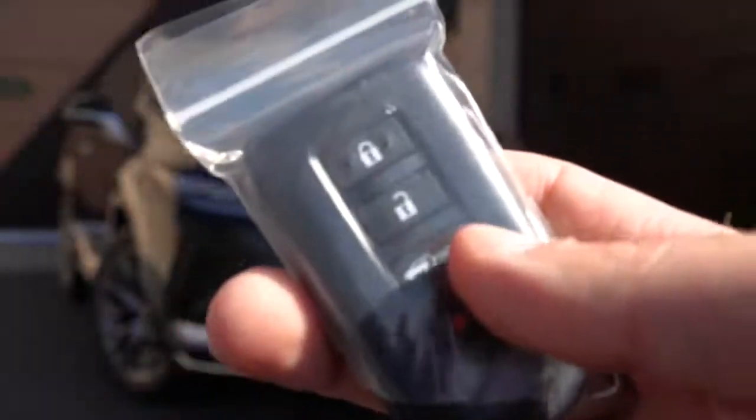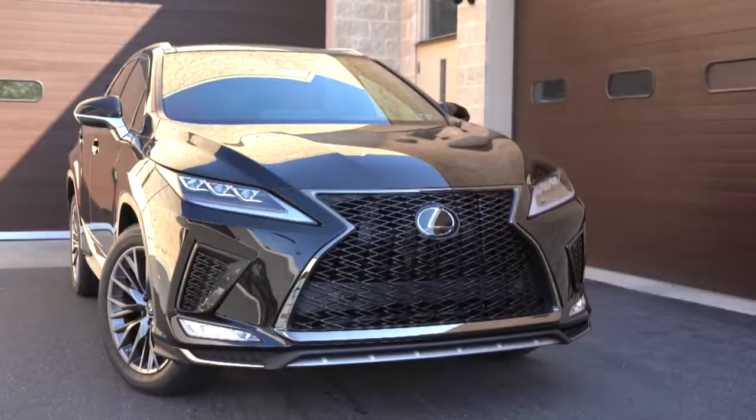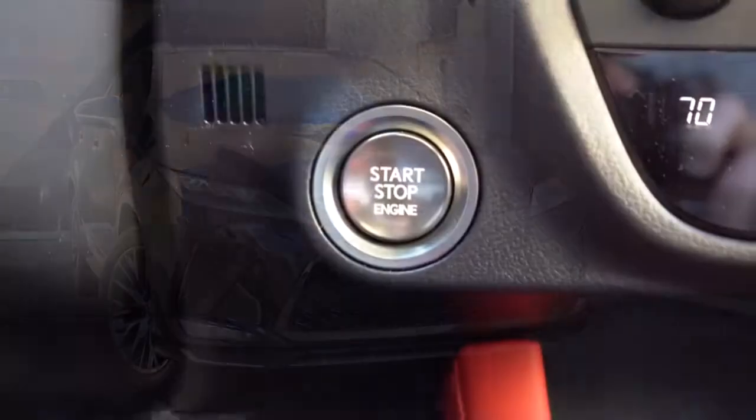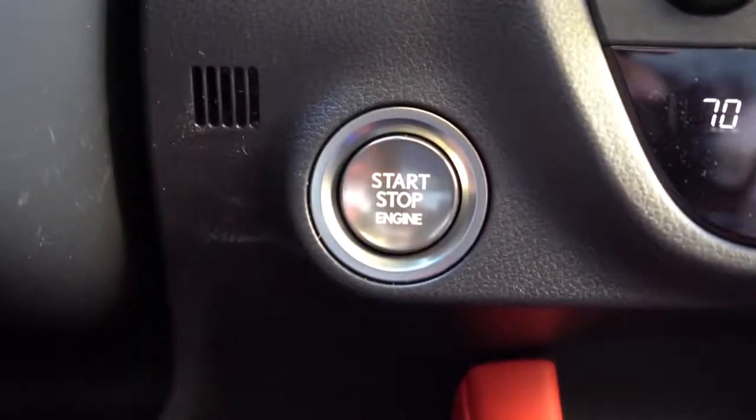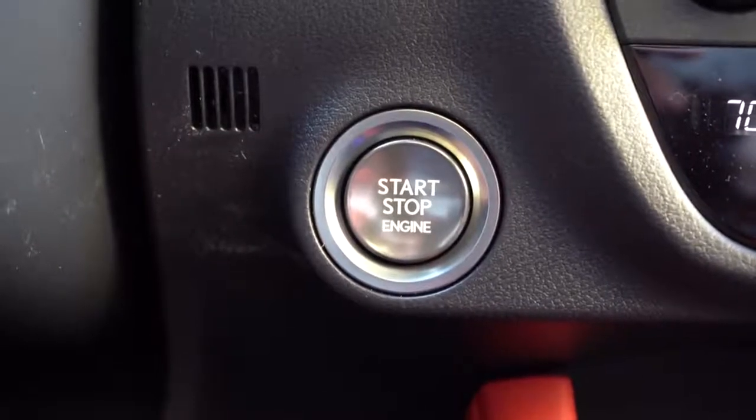Let me first start by showing you guys the key. You do have your Lexus logo on the one side, and when you flip it over, lock, unlock, and again, that button to pop the rear hatch. For every single trim level, there will actually be a push button start. That button is located just by the driver's right knee. So all I am going to do is simply put my foot on the brake and press that engine start